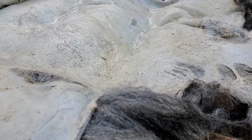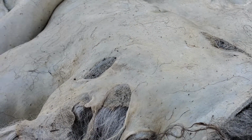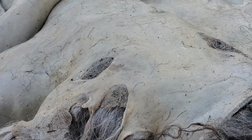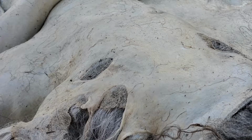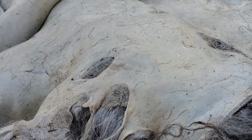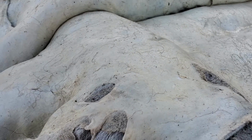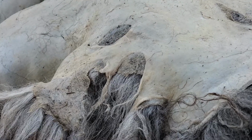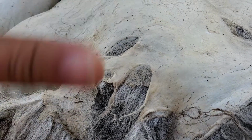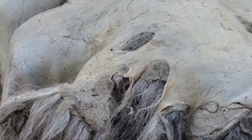I thought I would make a video because I'm about to practice my suture technique. Anytime I can put skills together or put skills to good use, I like to do that. This is a hide that I've been tanning. I'm giving it its final wash, and because the hide is starting to get really stiff when it's dry, since I rehydrated it during this wash, I thought it was a really good time to go ahead and close up some of the holes that the butcher made in